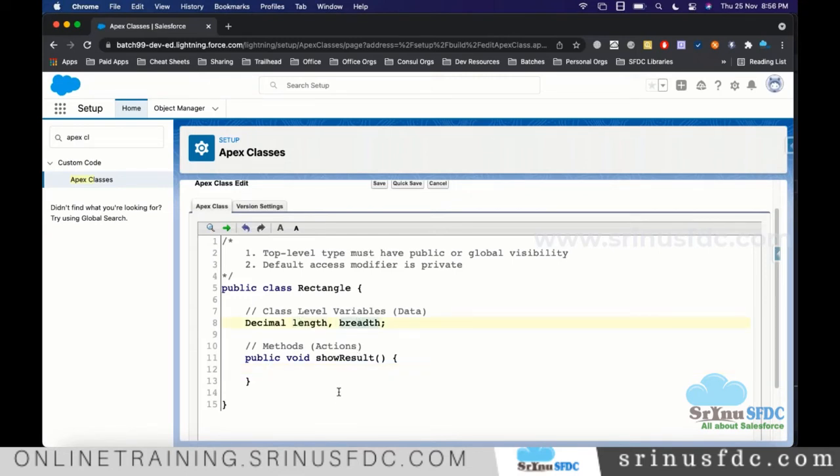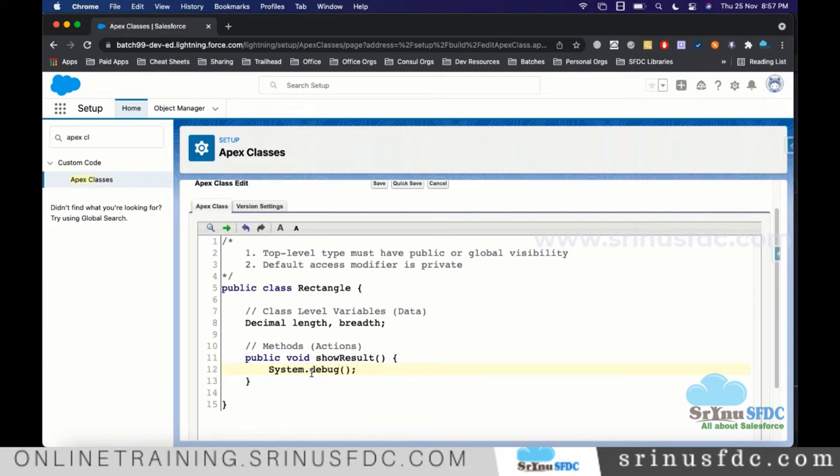In general, once you allocate the memory and don't assign any value, the default value will be null. So just print the same thing and see. Whenever we execute Apex code, the system generates the debug log. In the debug log, if you want to print something custom, we use system.debug.